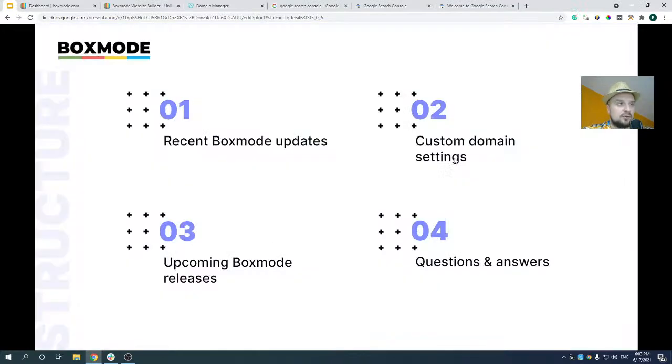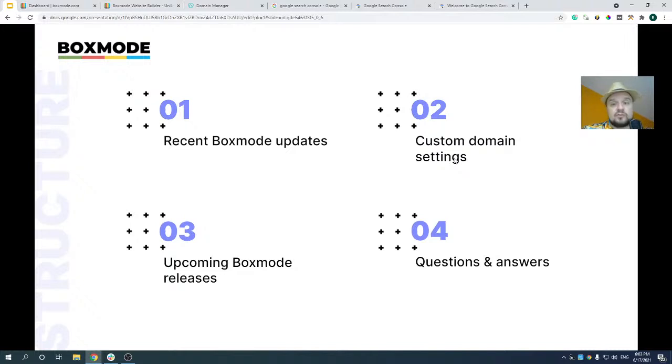And here is our agenda for today's webinar. First, we're going to summarize what we implemented with our last release. Then we're going to cover some of the most frequently asked questions about custom domains, how to connect them, where to get them, how to use Boxmode vouchers and others.